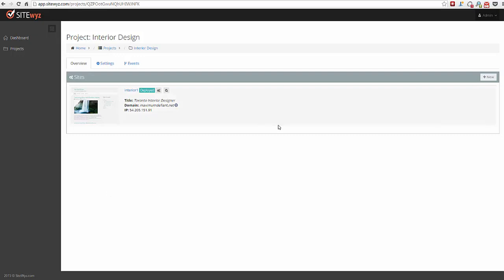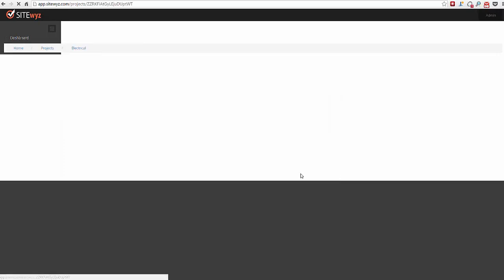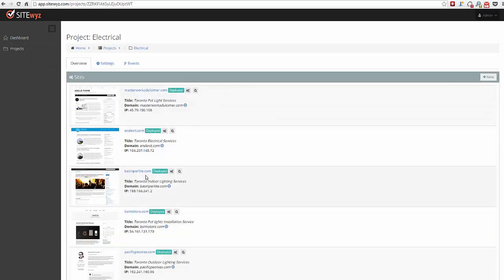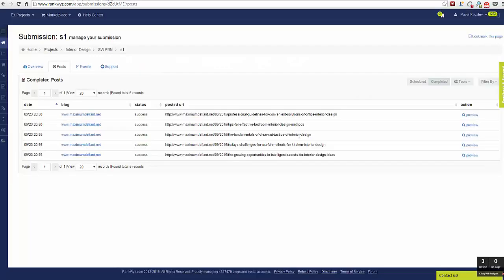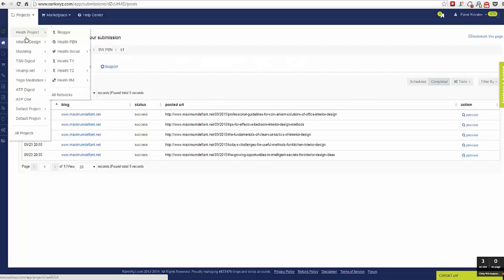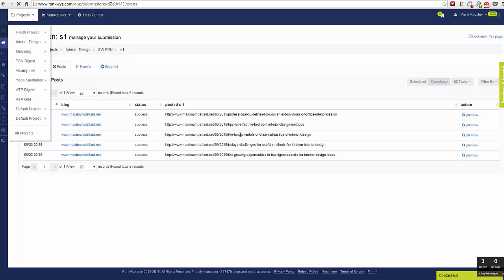The more posts you do, over time it will be synchronized with the remote server and will update, and eventually you will end up with blog networks with what I have here, let's say 100 plus posts. And of course you want to see how those sites are performing. So if I go to the network where I have these electrical domains,